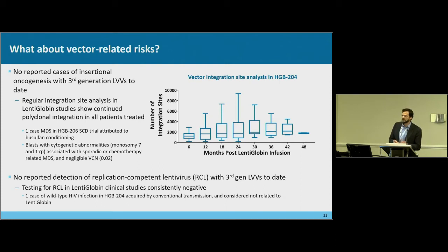We did see one case of myelodysplastic syndrome in a patient treated in the 206 sickle cell disease study with LentiGlobin treatment. However, we were able to isolate those blasts, and what we saw were classic cytogenetic abnormalities that can occur sporadically or have been described with alkylating agents like busulfan. And very importantly, we saw really negligible vector integration in those cells,